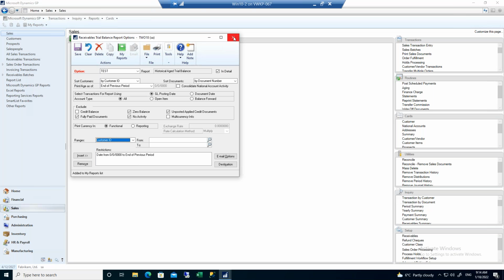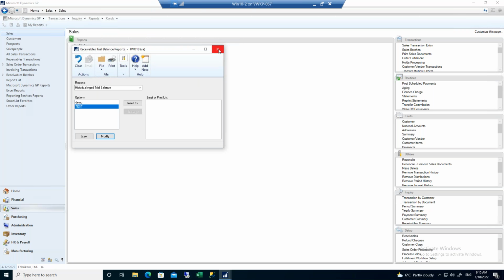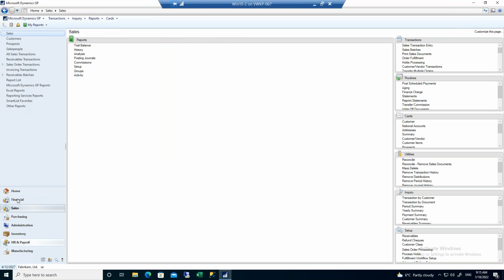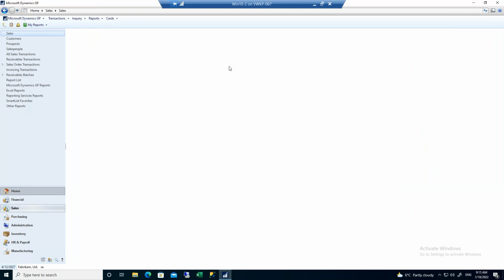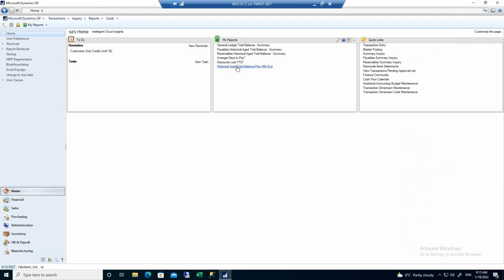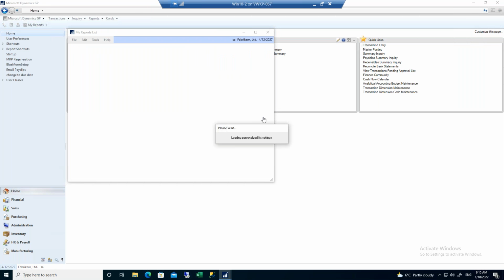Other things that people ask me a fair amount about these reports is, as I go through my reports, through my home, how do I edit them? So up top here, you can change the details. And when I change the details, it loads the personal settings, and this is going to load up all those different reports. This will tell you what report it's actually running